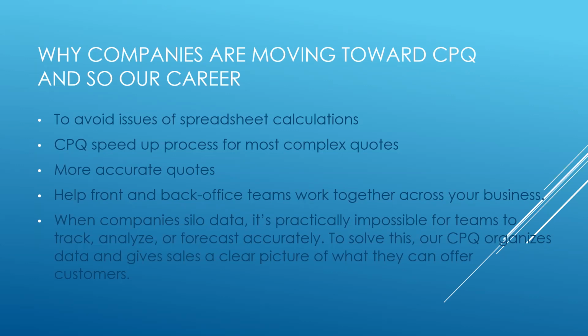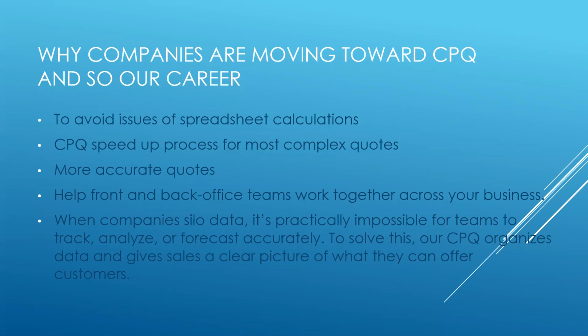Another thing is that it helps front end and back end teams work together across the business. This means that if a sales rep is selling some product, then the back end office, meaning management, needs to know how they are doing their business. This whole process makes it easier. We can have approvals, so that they can approve or reject the business, or we can send the quote document to multiple people to be approved by the back end office or front end office, so that business becomes easier between front end and back office.